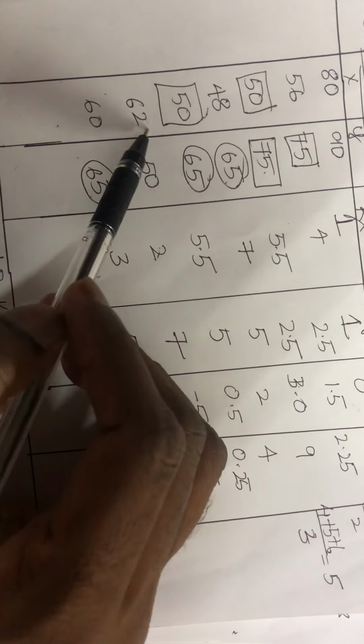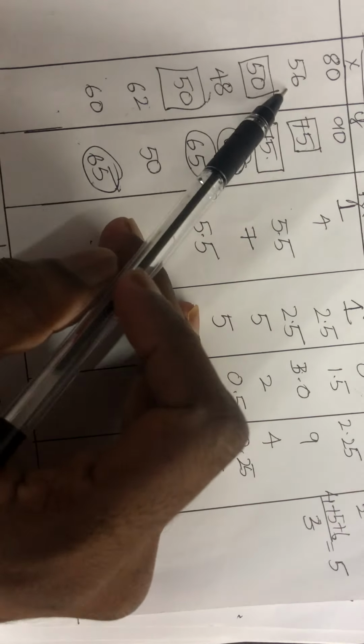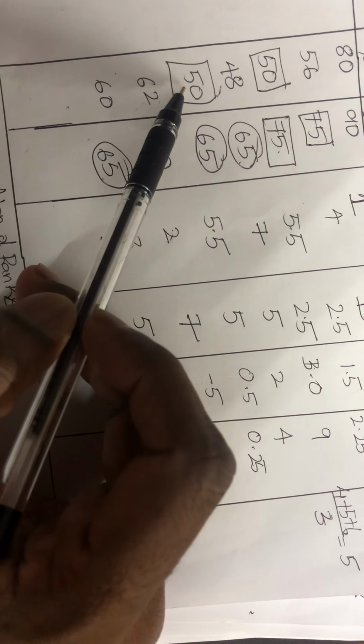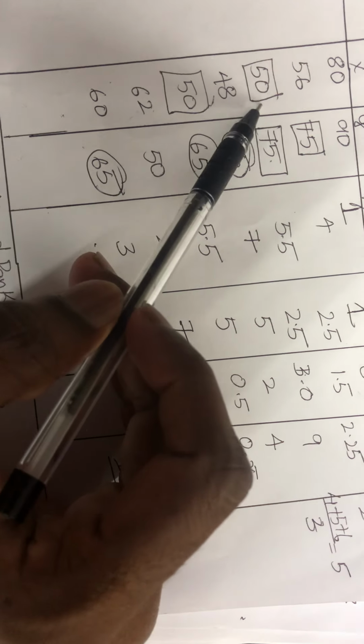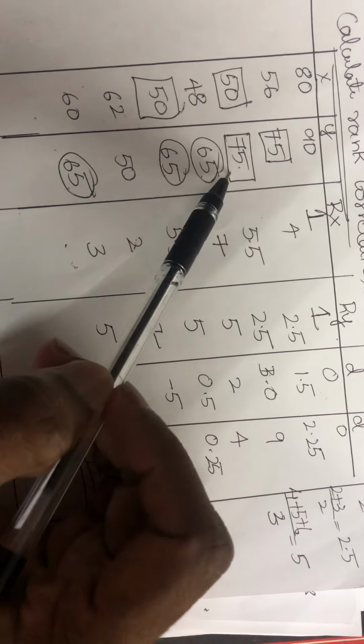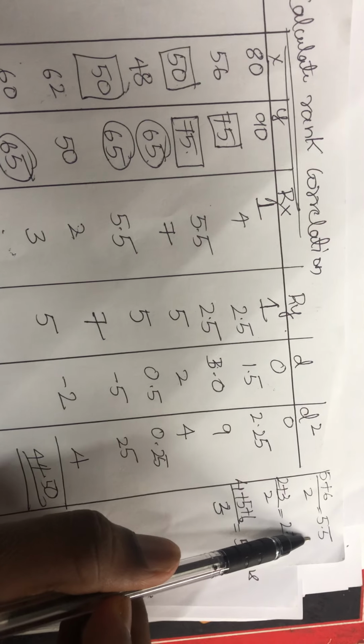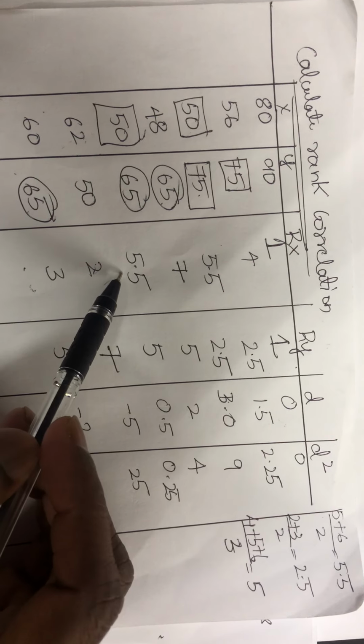So what are the ranks involved? Fifth rank and sixth rank. Two people are there, so fifth rank and sixth rank will be taken by two persons. I cannot do partiality, giving him fifth rank and giving him sixth rank, or giving him sixth rank and him fifth rank. That will be unfair. So whatever two ranks are there, two persons are there, therefore the next two ranks are 5 and 6. So let me add both and divide by 2, that becomes 5.5. That means I will be giving the rank 5.5, 5.5 to both the persons.